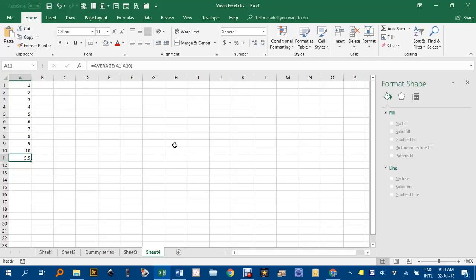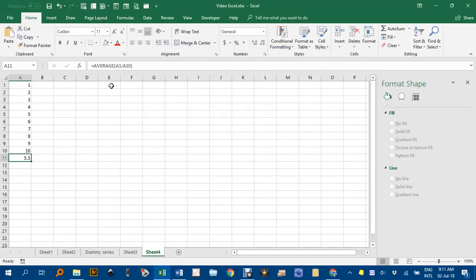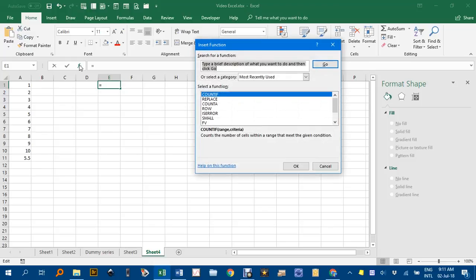That completes this short tutorial. There are many more formulas. You can have a look if you like by clicking this formula button here, and it will give you help on the functions. The other thing you can do in a new cell, click on the formula bar and you can type a description. For example, say you wanted,